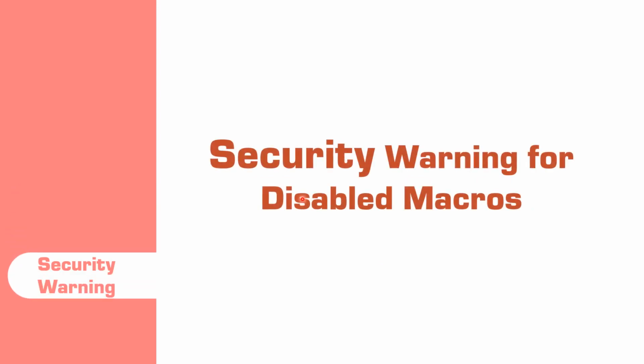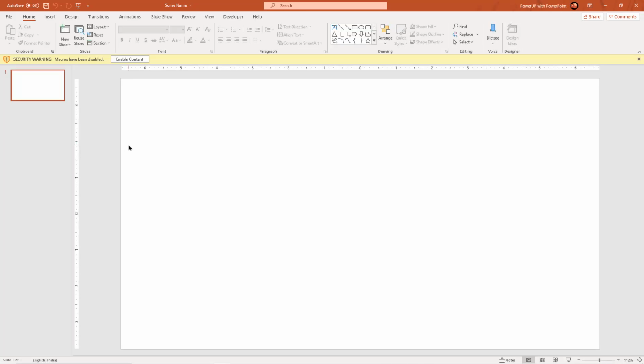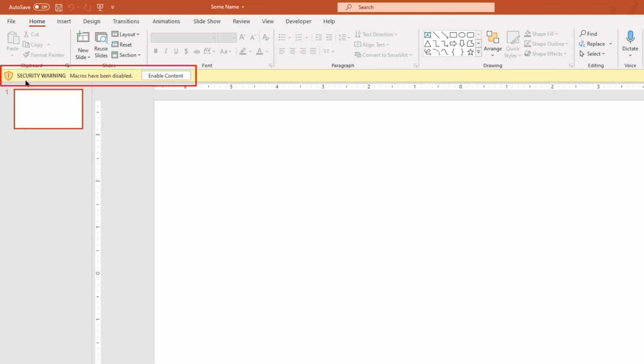Last but not the least topic is on macro security warnings. It is particularly important to understand few warning signs which shows up when we try to open any file which has VBA code in it. The file which I have saved on my desktop has already VBA code in it. So when we open it, we will see a security warning on top stating that the file has the VBA code and it is disabled. And it also gives an option to enable it.